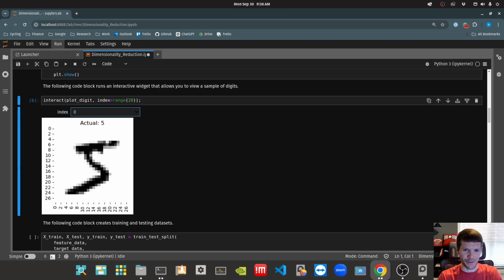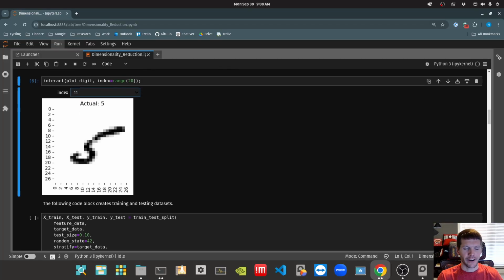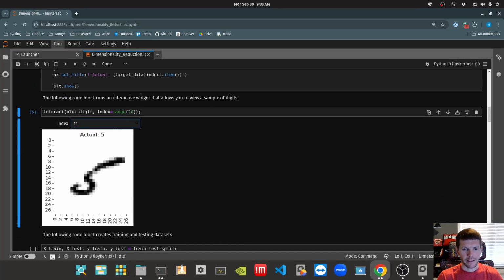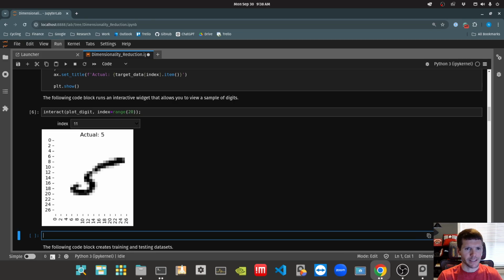So this is one example of a 5. Here's a 0, and we can look at a few of these examples and see that, okay, that's a 2, but this is our data set. That's a 5. That's a very interesting 5. Maybe even as a human, we could mistake that for a 6. All right, so this is our data set, and the key thing to note here is that